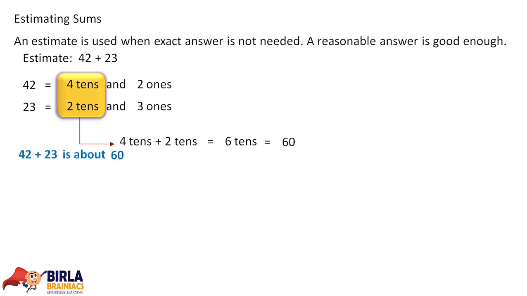This 60 is the lower value. Okay, now 42 and 23, if you add, approximately 60 you get. Round about 60 you get. This 60 is the lower value. But if you add, yeah, it is more than 60 also. Right? 42 and 23, if you add, you will get 65. It is more than 60. Now we have to see the higher value. What will be the higher value?